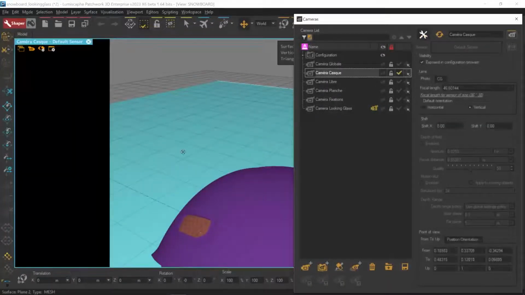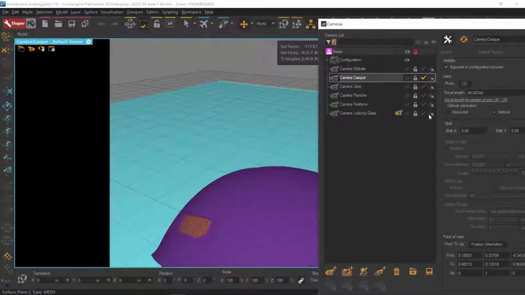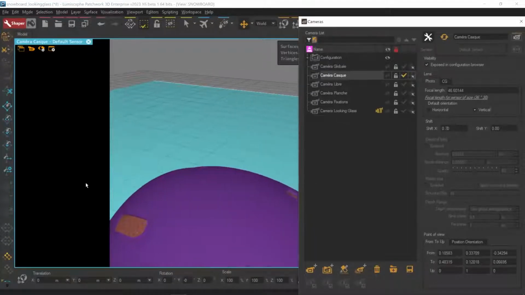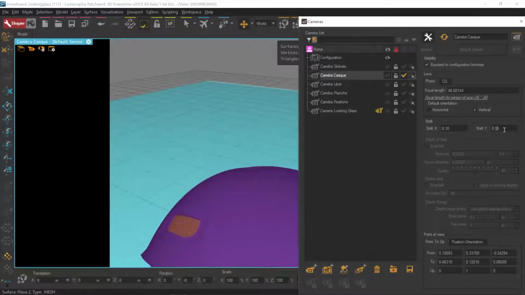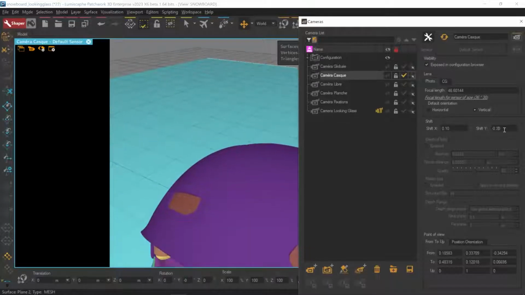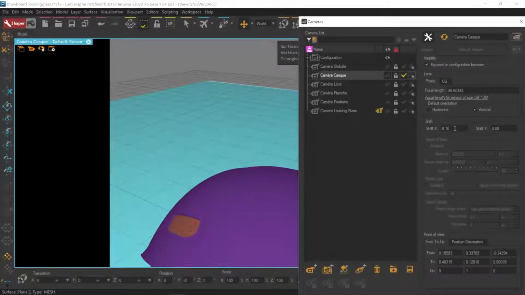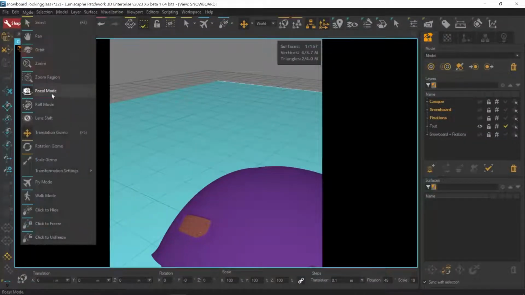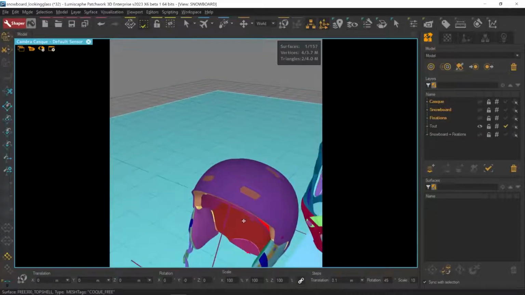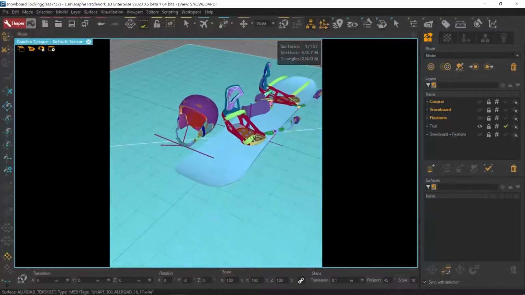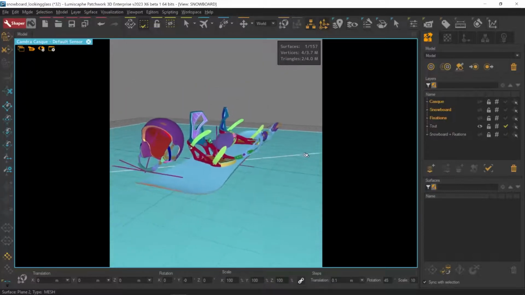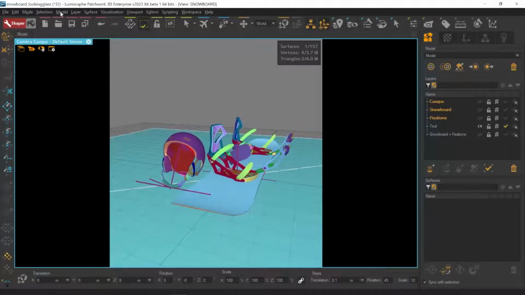When you select a camera and you enable the editing mode, you can find the shift here in X to shift horizontally, or in Y to shift vertically. This can also be found in the mode here in the lens shift. This can be used in order to change the framing of an object without modifying its